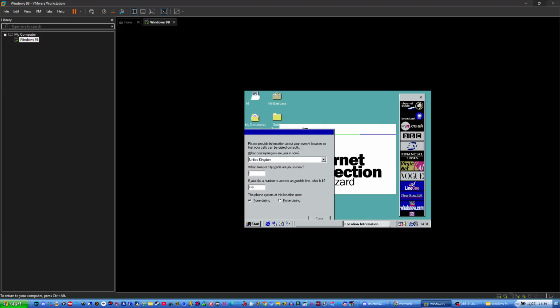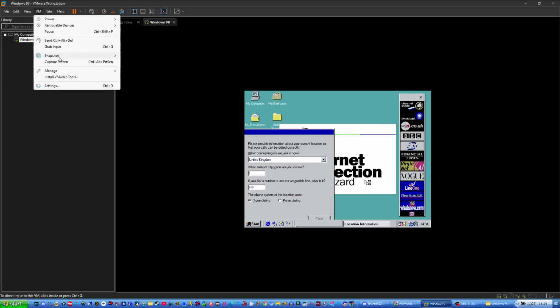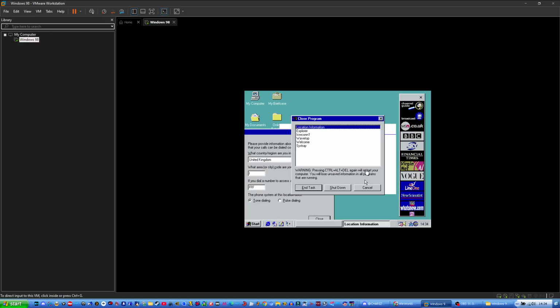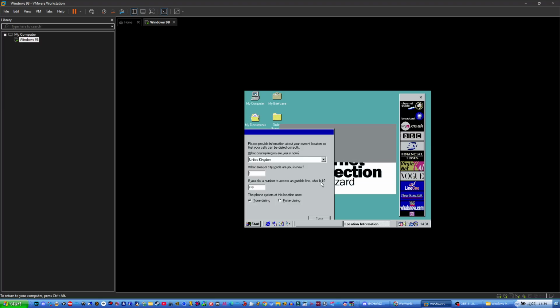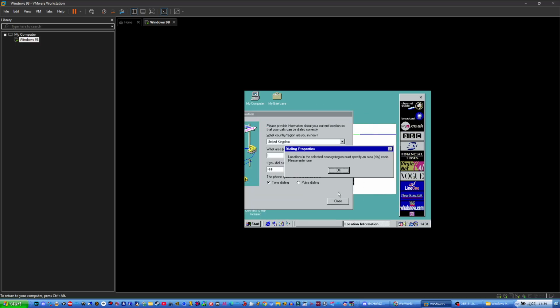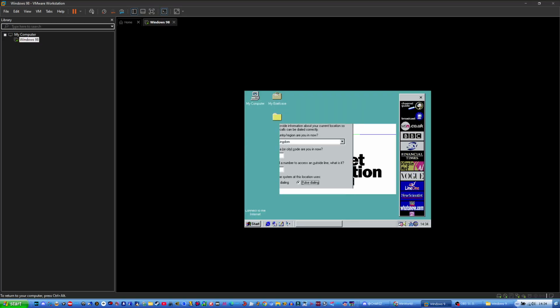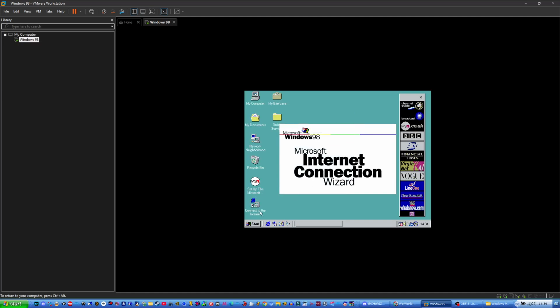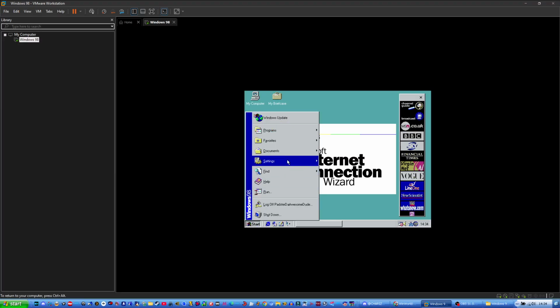Somehow this thing can't close. I'm gonna send a Control-Alt-Delete to this. Then end task. Why aren't you closing? Close. End task. There we go. Okay, now that we installed Windows 98, the only thing I need to do now is go into